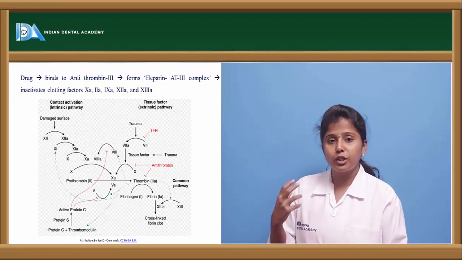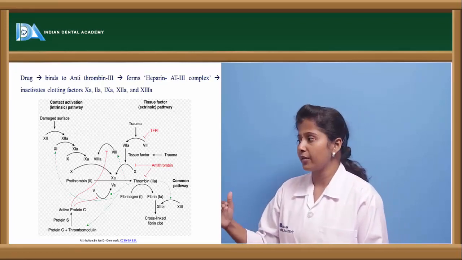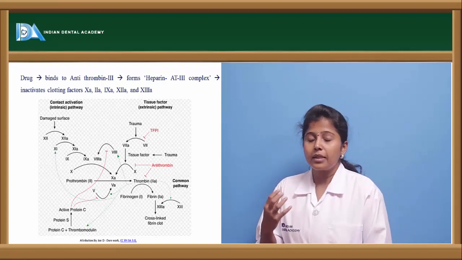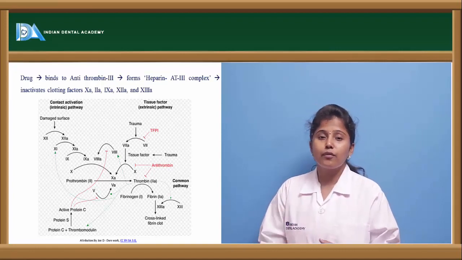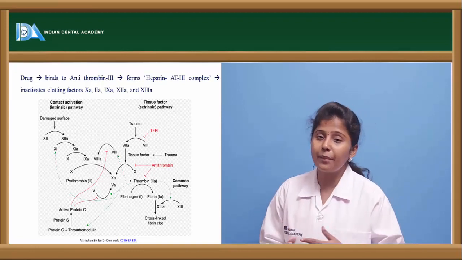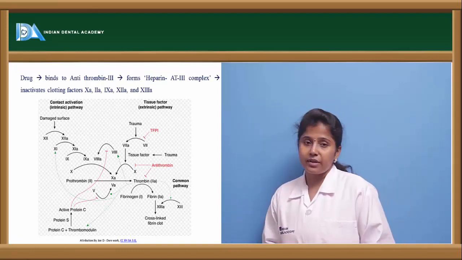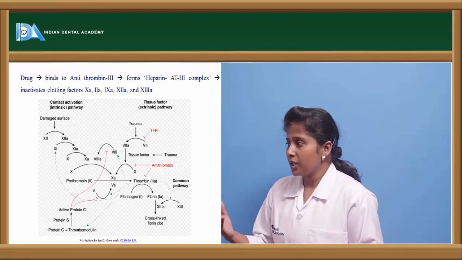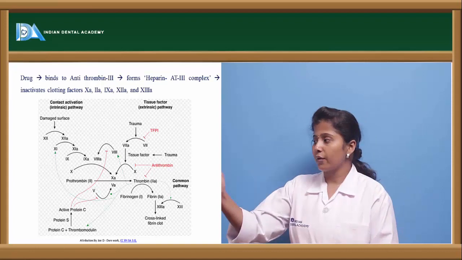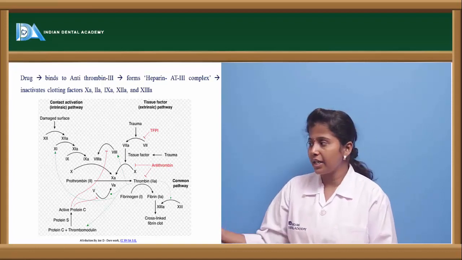Because of the tissue factor present, this pathway occurs, and because of the contact activation, or else we can say because of the activation of a few chemical mediators, the intrinsic pathway can occur. So from the damaged surface, if there is any damage, the process occurs,